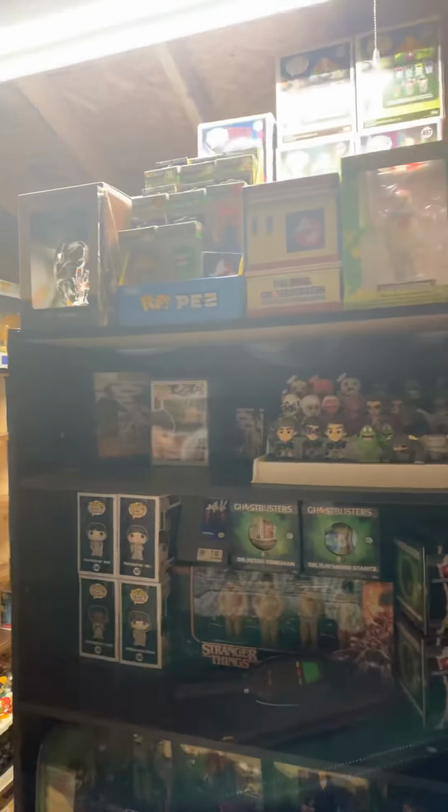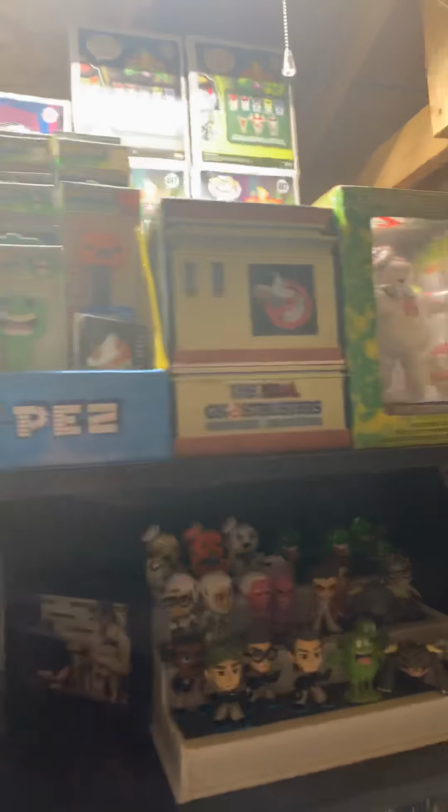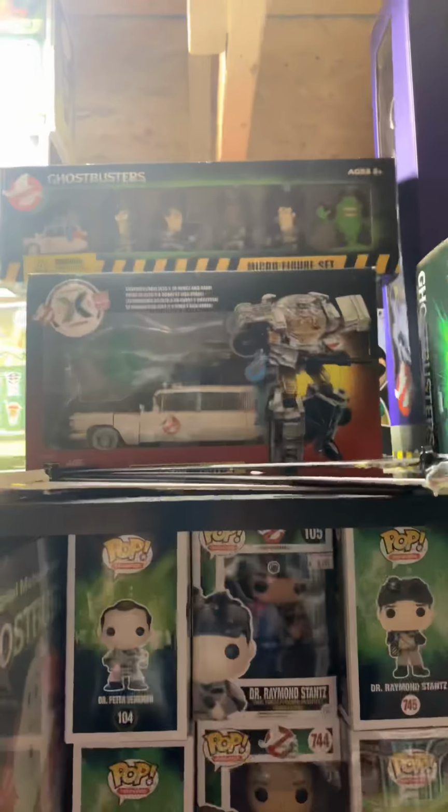So at the top, we have the Pez. We have the Dan Aykroyd's Crystal Head Vodka. That's signed. We have the original TV show from the Shout Factory. That's both the movies with the Mr. Stay Puft. They're the Transformers and